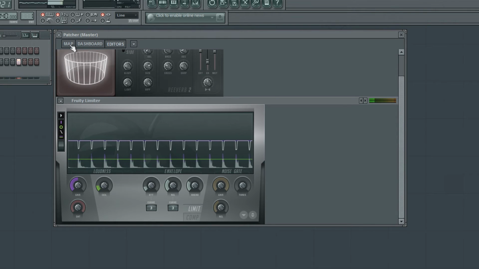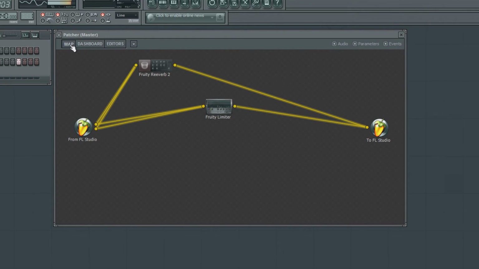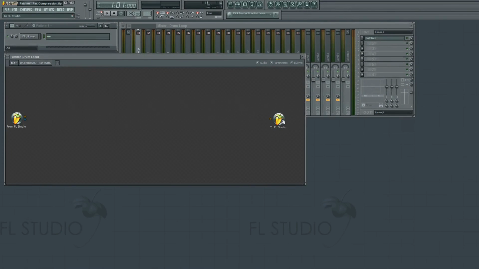Now I thought I would give a real-world example of where routing like this would be used, and perhaps one of the more common techniques is to be used with parallel compression. This technique is often used with drums, where there will be two drum buses running in parallel to each other. One bus will have no processing applied, while the other one will have a heavy dose of compression applied. This method will allow the original transients of the drums to be heard, while the highly compressed drums provides fullness